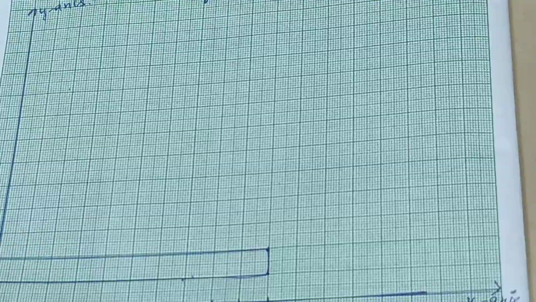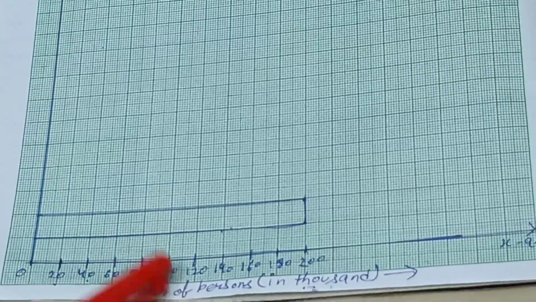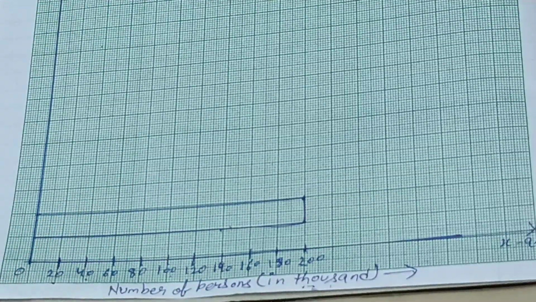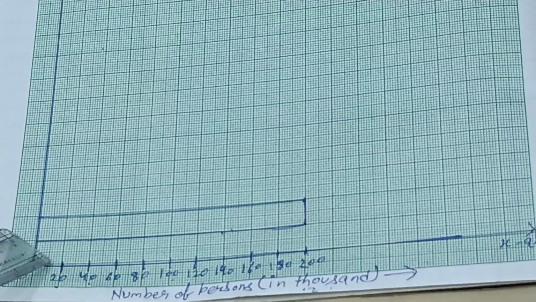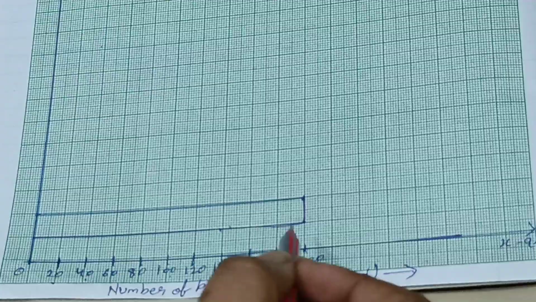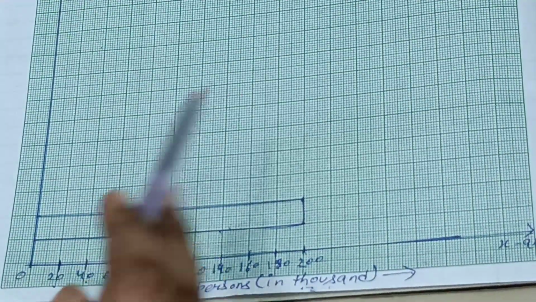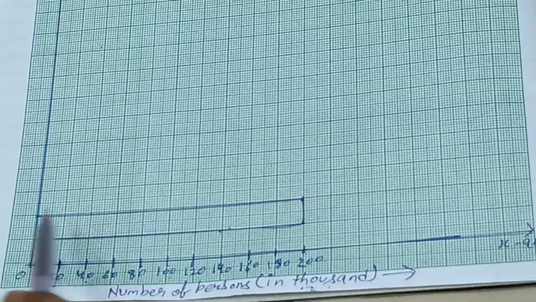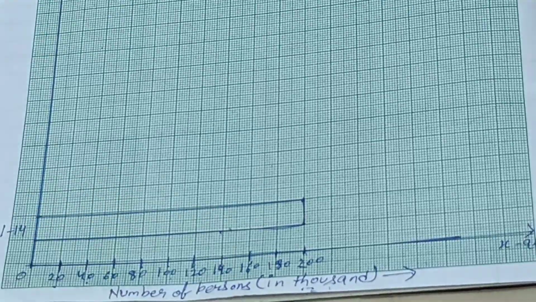If you want to draw them vertically, you can take data of age group on x-axis and number of persons on y-axis. So in the previous question, I explained you how to take data on x-axis and y-axis and how you will draw vertical bars. In this one, I am telling you how horizontal bars you can draw. So this is for 200 and here we can mention. It is not necessary to mention every time inside the bar, you can write here also. So I am writing here 1 to 14.